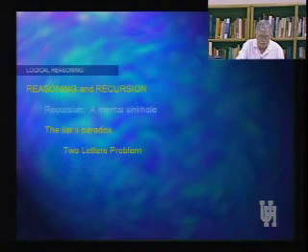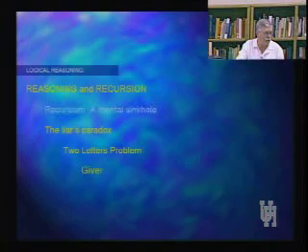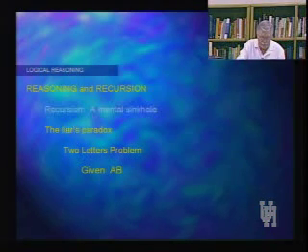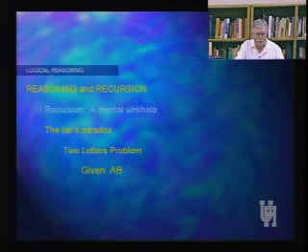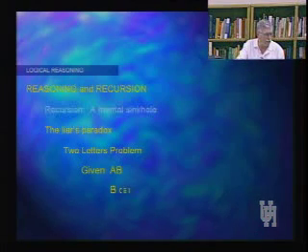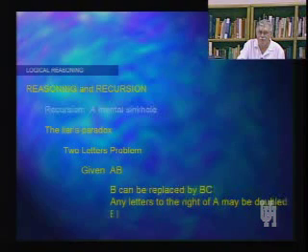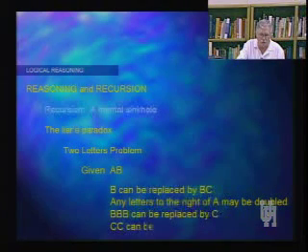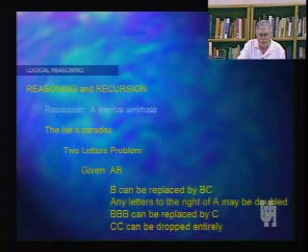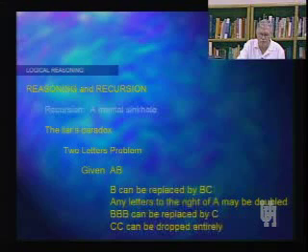Let's consider this: the two letters problem, which is another example of kind of the liar's paradox in a slightly different form. I'm going to give you two letters, A and B, and the rules that are going to operate here are the following. B can be replaced by BC, so we can immediately get to ABC if we want to. A second rule is any letters to the right of A may be doubled, so we could immediately go to ABB if we wish to do that.